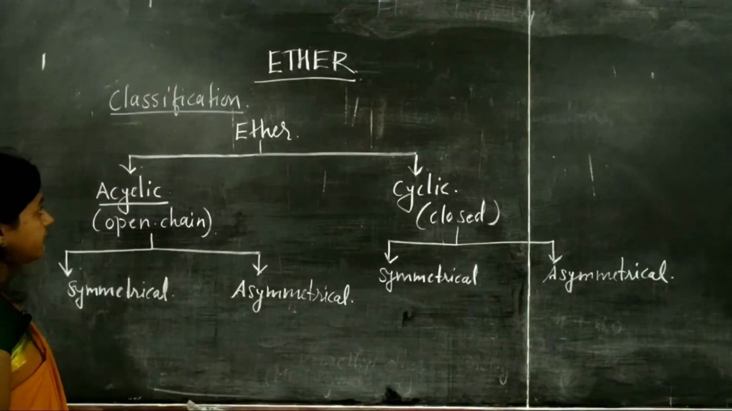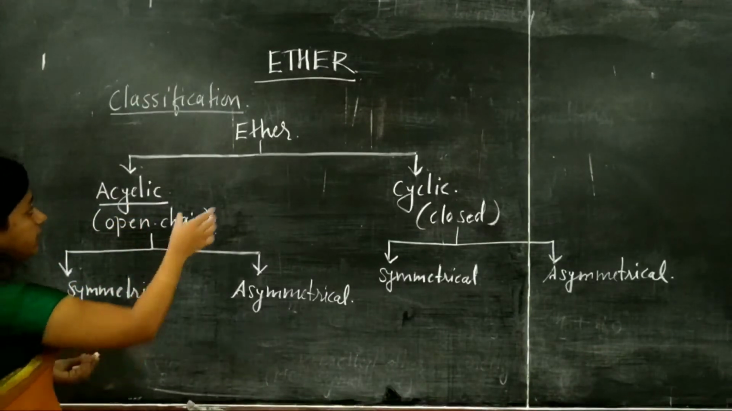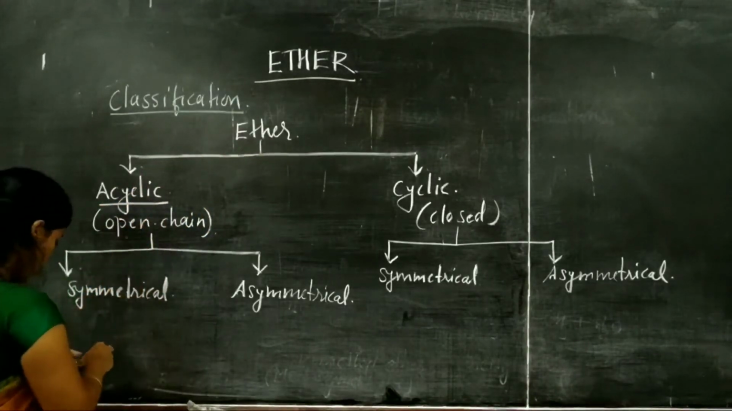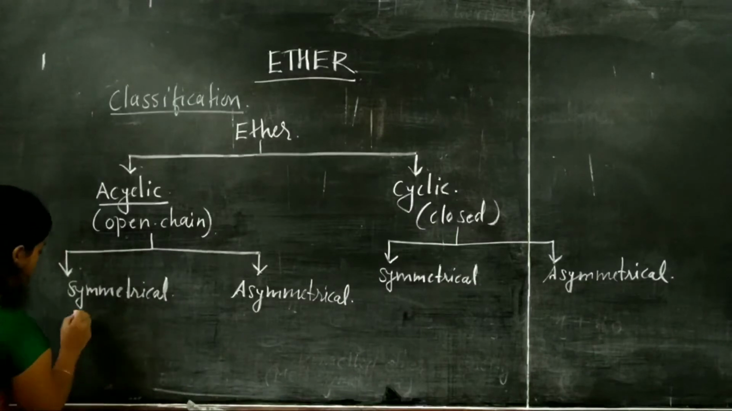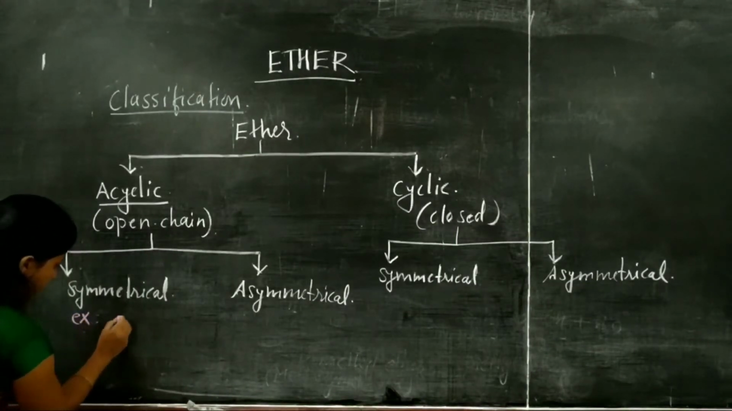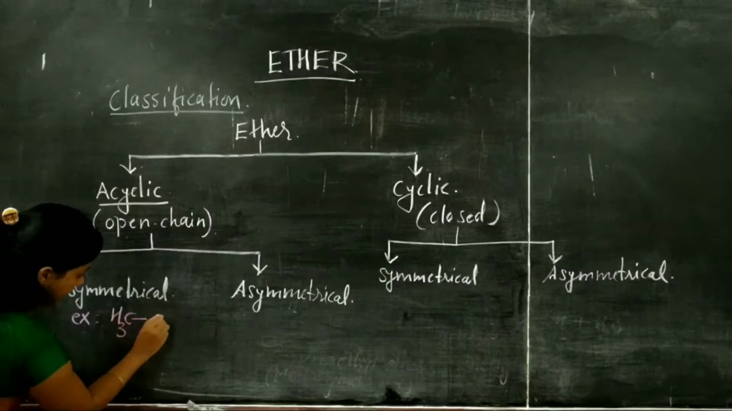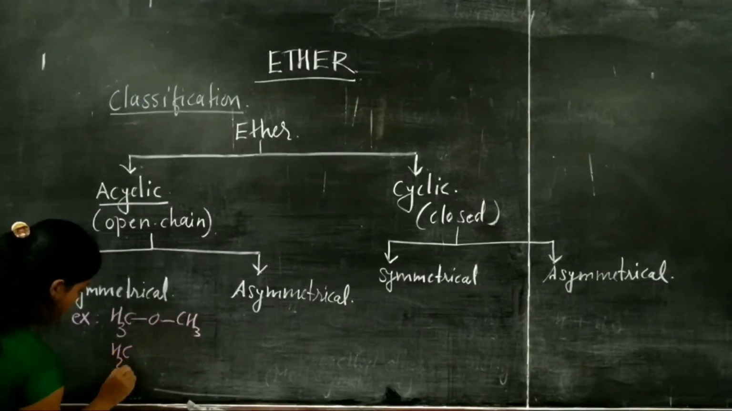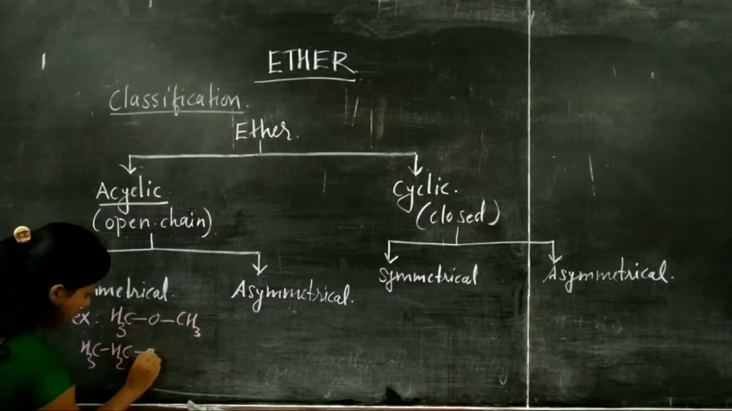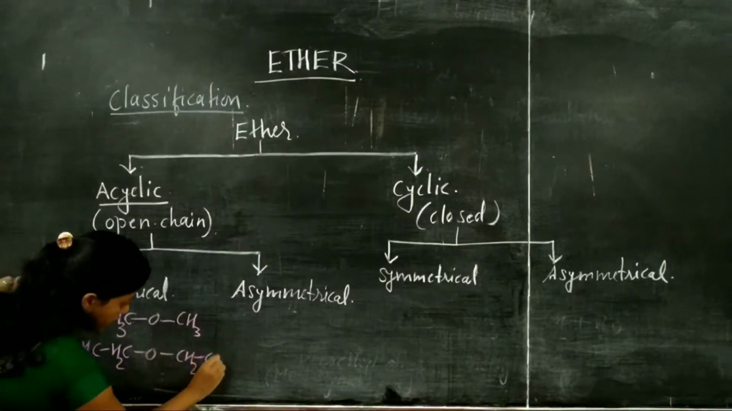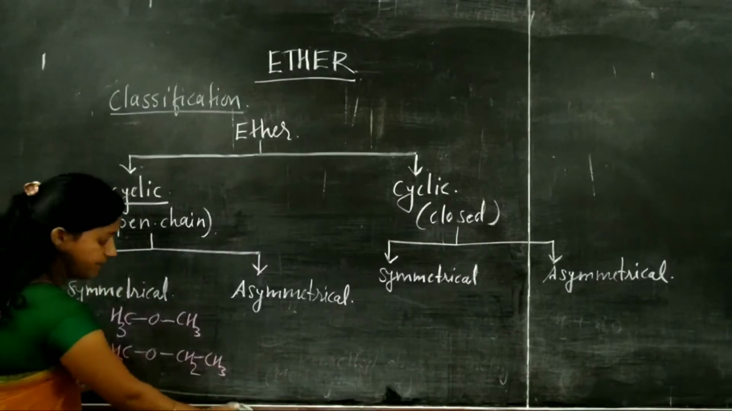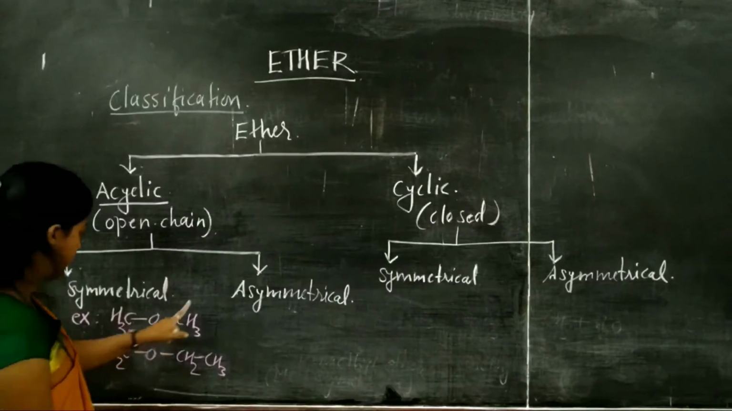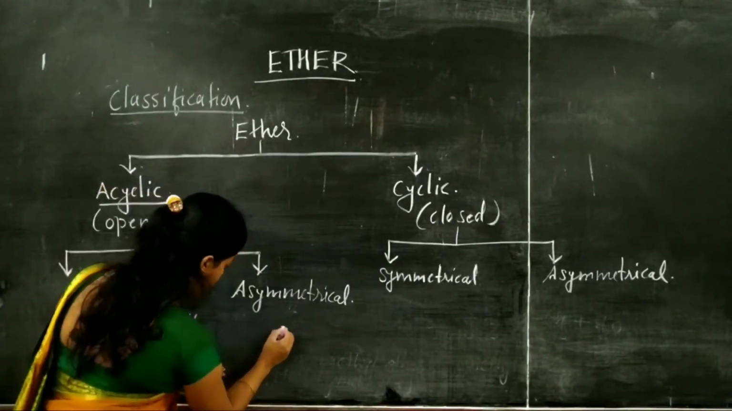So let us see the examples. Here, ether is classified into acyclic, that is nothing but open chain. So I will write an example for open chain. There are two possibilities, that is dimethyl ether, and again CH3, O, CH2, CH3. Here, dimethyl ether, and this is diethyl ether. Asymmetrical examples are